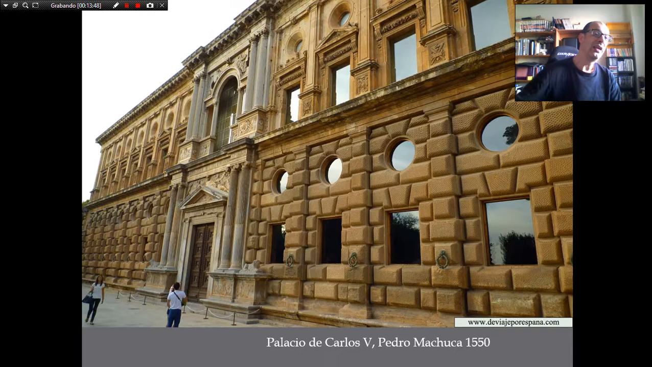This is the outside of the building, and with this structure too, full of different circles, as you can see in the windows, and the structure to access and enter this palace, which Carlos I built because he liked the city of Granada so much, when he was in this city